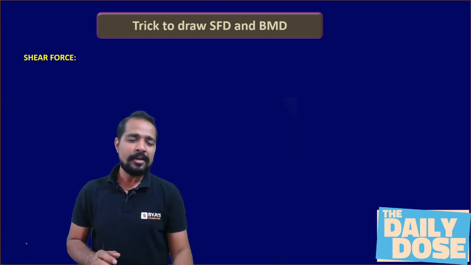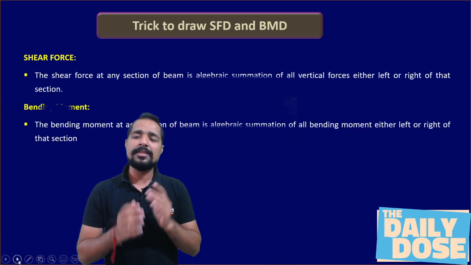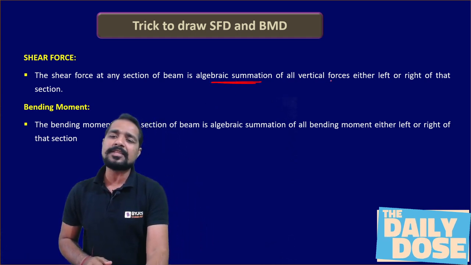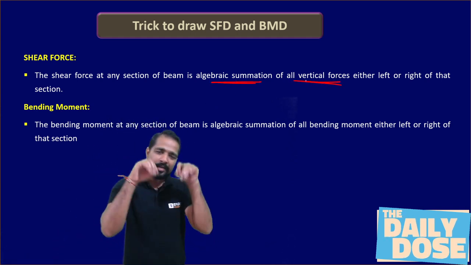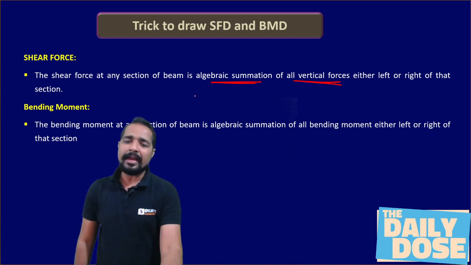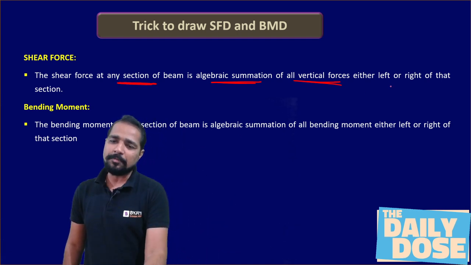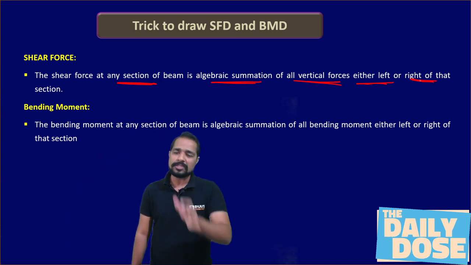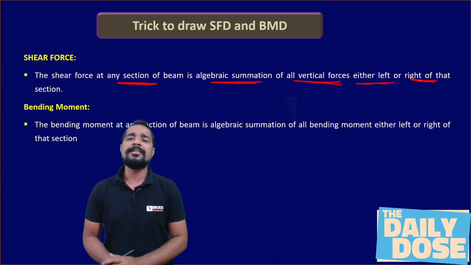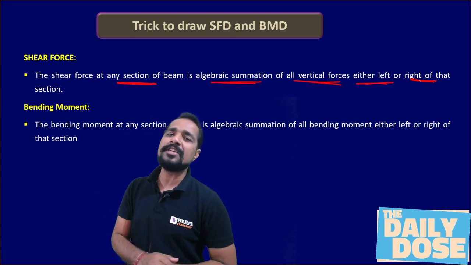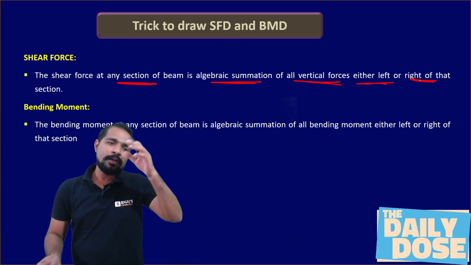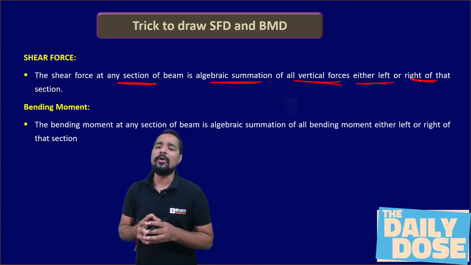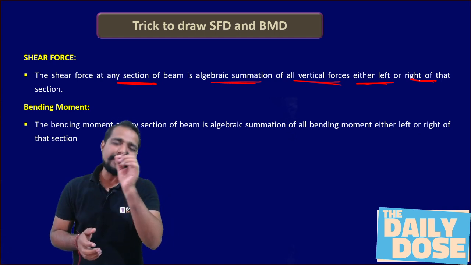आप बहुत बेसिक टर्म में जानते हो, दैट शियर फोर्स इज नथिंग बट it is the value of algebraic summation of all vertical forces either downward or upward at any given section. That will be the left or right of that section. Means if you want to check the shear force at any given section, that will be the algebraic summation of all vertical forces either upward and downward, summation of these all the vertical forces at that given section is shear